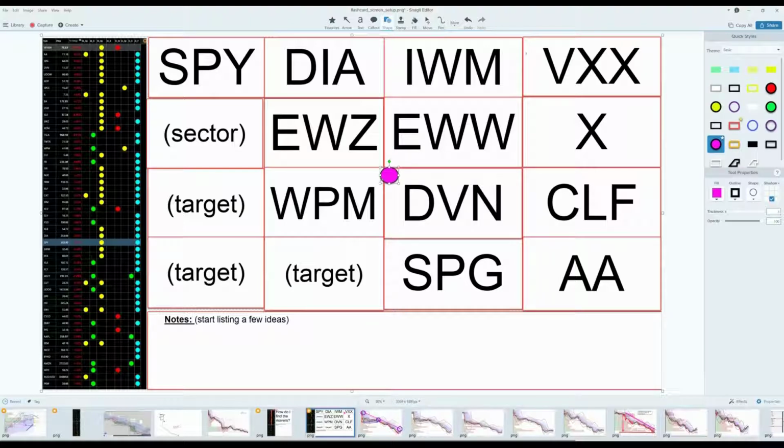My next stack down in the middle, wheat and precious metals for gold, silver proxy, Devon Energy, Simon Property Group for commercial real estate. And then over on the left-hand side, I have room to rotate some other things in that are of interest from my stack as I see the day unfolding. I might be interested in the finance sector because maybe it's doing better or worse than the S&P. And then that might be JP Morgan and Goldman, or it could be FAS, FAZ,